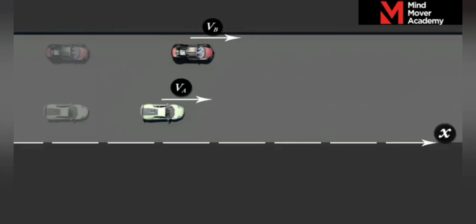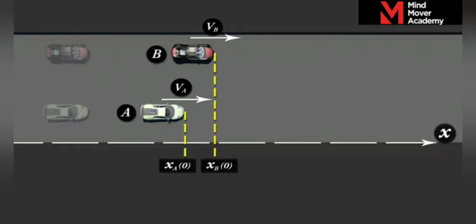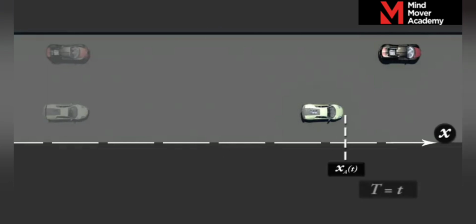If XA0 and XB0 are the positions of the objects A and B, respectively at time t equal to 0, their positions xA(t) and xB(t) at time t equal to t are given by